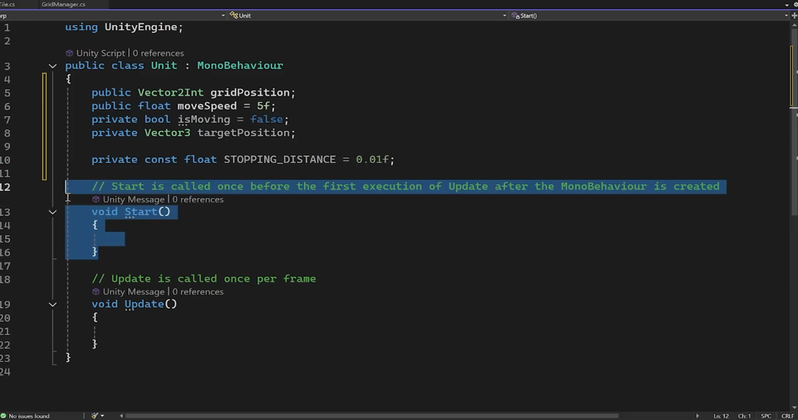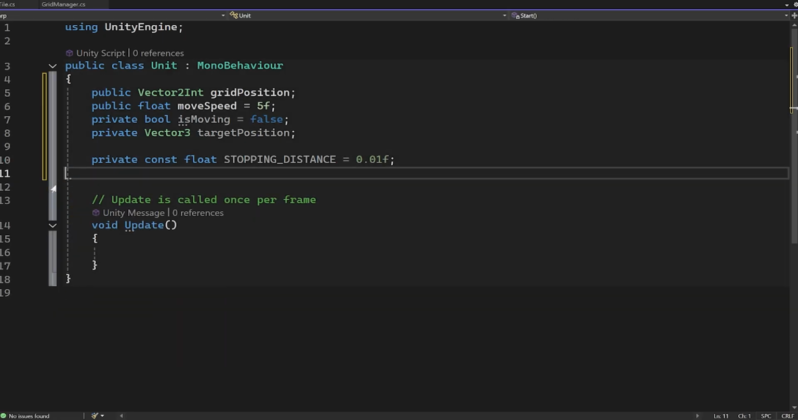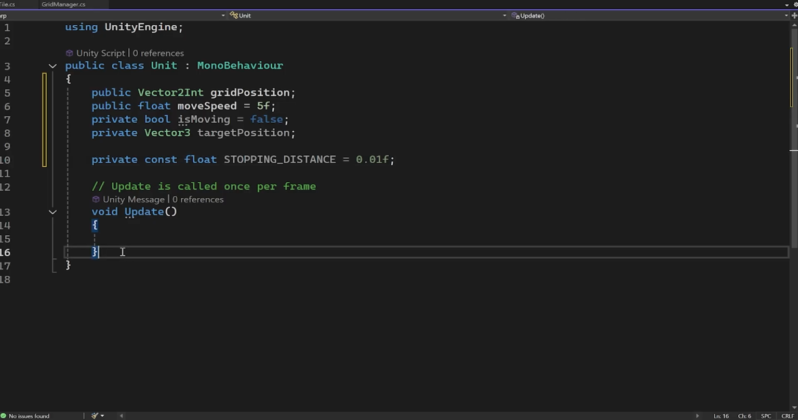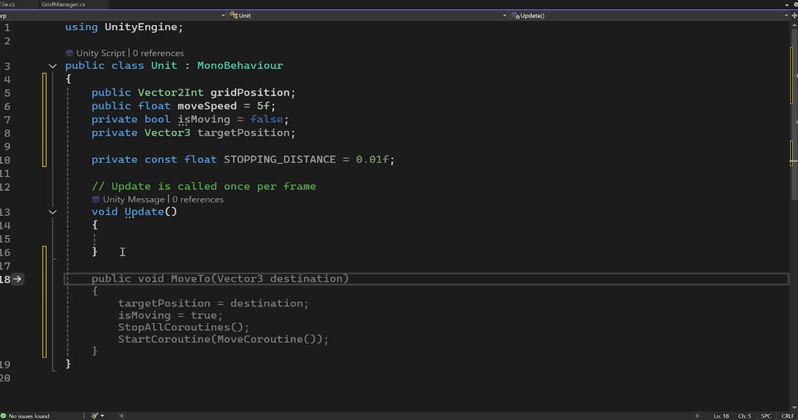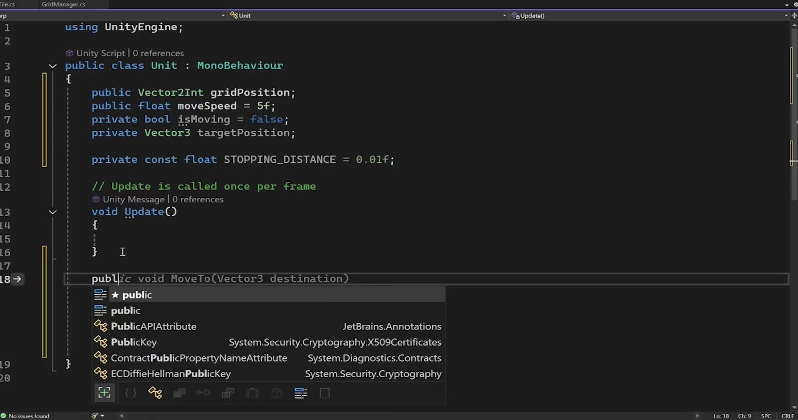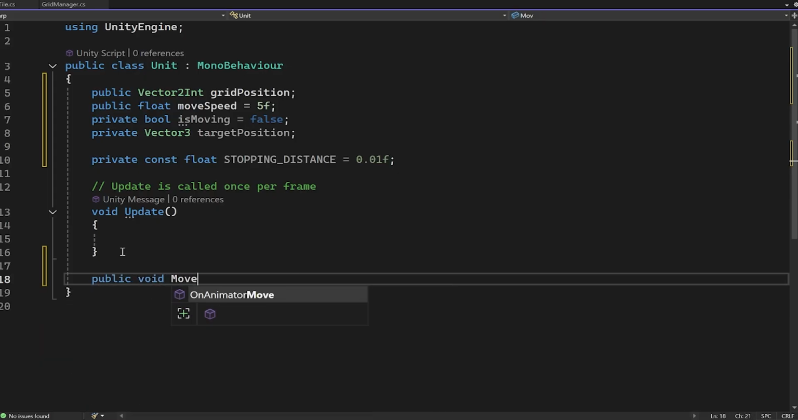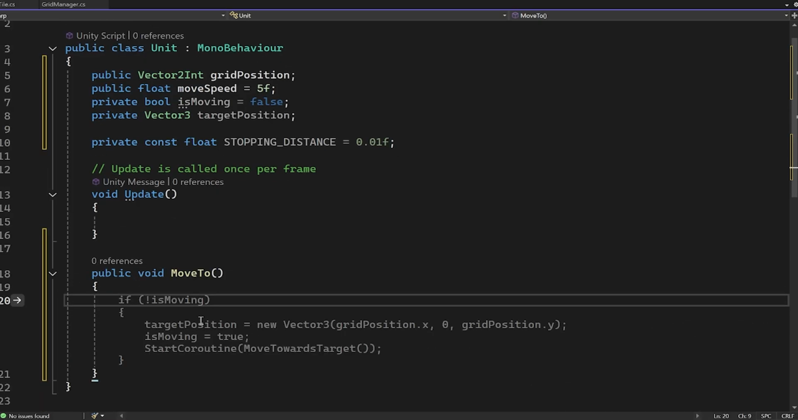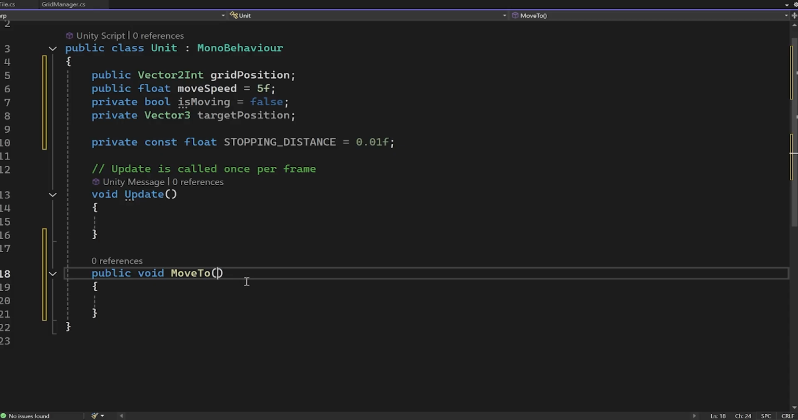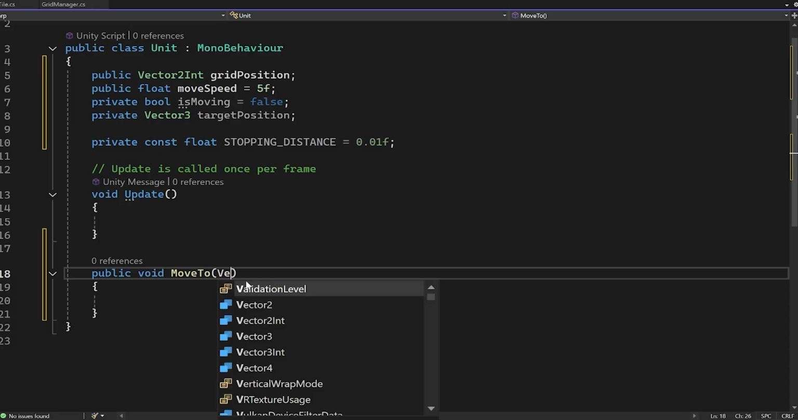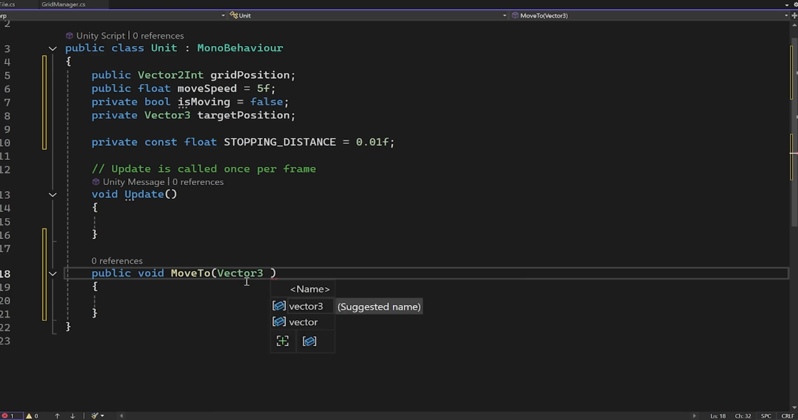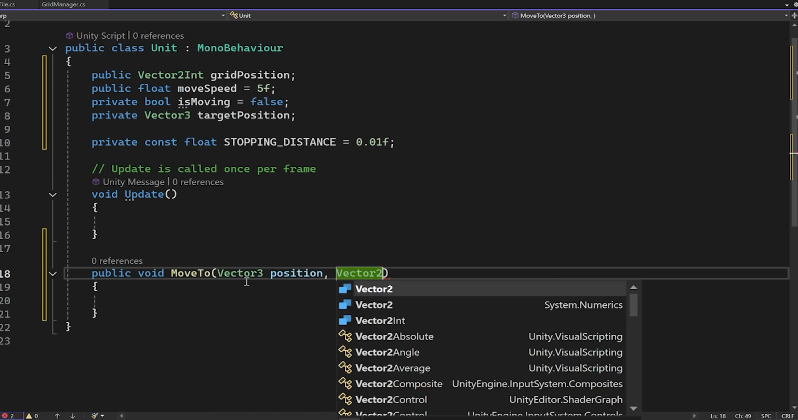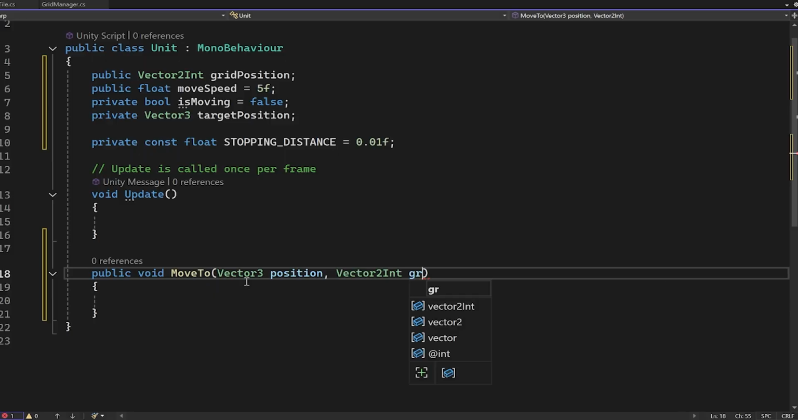So now we can get rid of the Start method. We're not going to need that today. And then underneath Update, we'll come back to Update after. We're going to create a new method, public void MoveTo. And in order for this method to work, we need to give it some information. So we're going to pass in a couple of arguments that it can use. The first one is going to be a Vector3 called position. And the second one is going to be a Vector2Int called